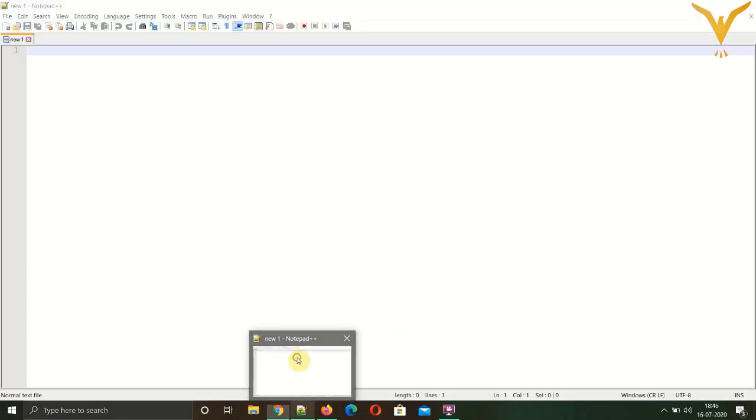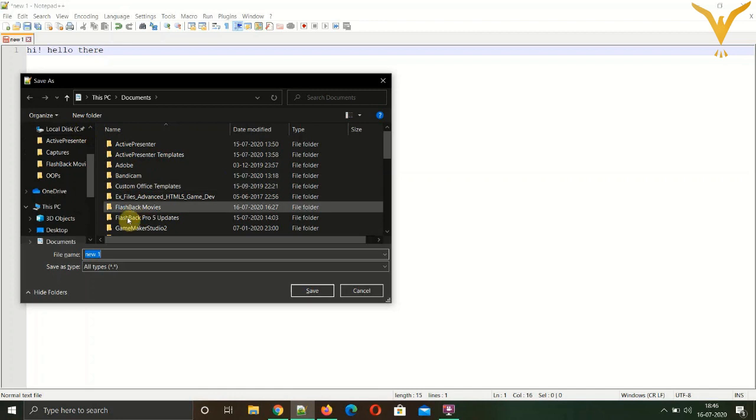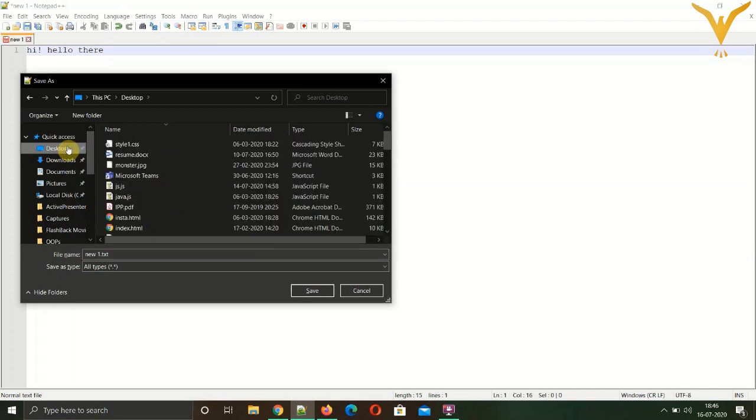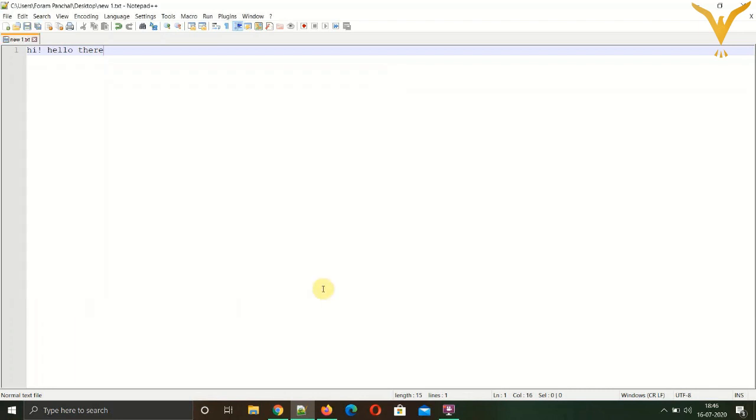So let's start by creating a very simple file. Let me call it a text file. I'll type here and let's save. You can press Ctrl+S or save it from the menu. Now just focus over here. I am saving this file with the extension txt. So here's our first file.